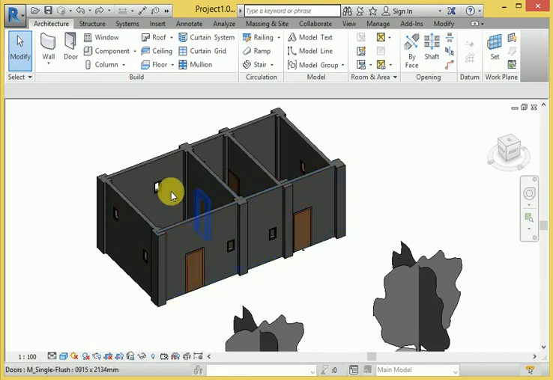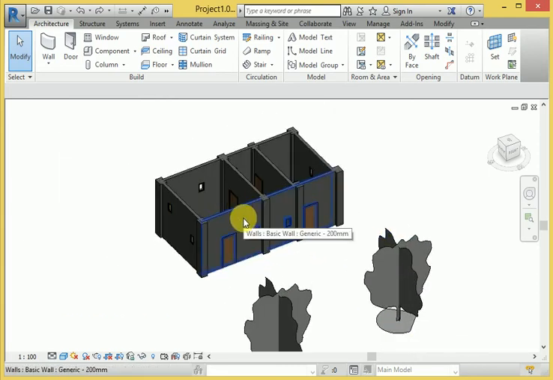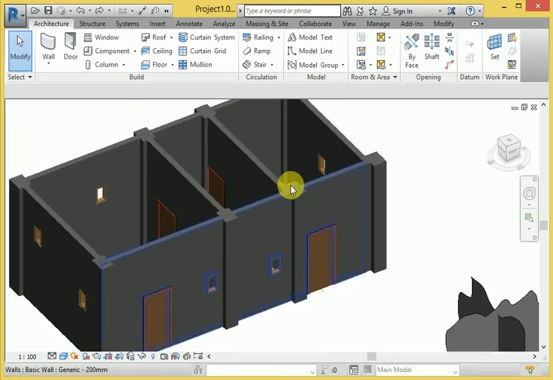You can see that this is our model here. This is planned like that, and as well as this one is a wall here, with doors and windows available, different types of windows here, and also a gate. This one is also again a window here, and this is also a door.